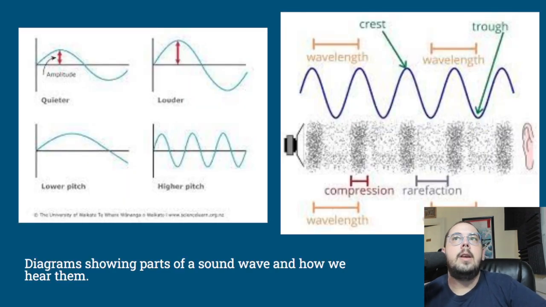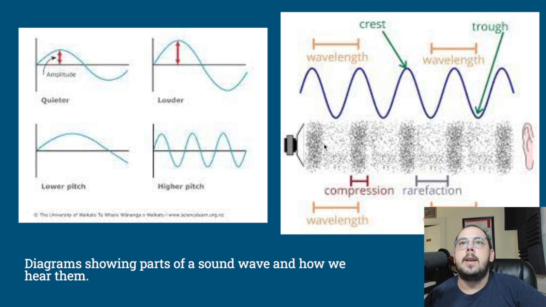Okay, so here I've got some very, very high resolution photos, but they're showing a lot of what I've talked about, with a little more in-depth labeling than I've gone to. So again, we've got the same diagram here, but everything's labeled so you can see, okay, here's the compressed air, here's the, well, it's called rarefaction, but the spread out, less dense air, and how everything's lining up